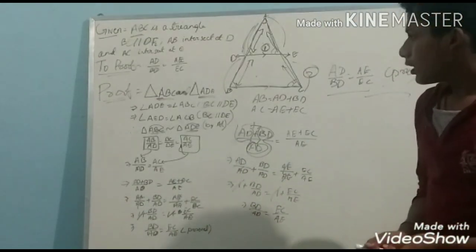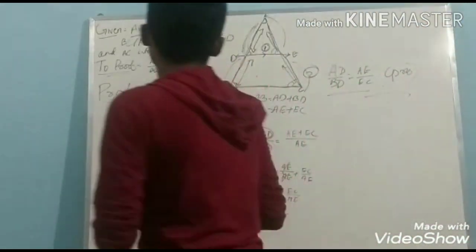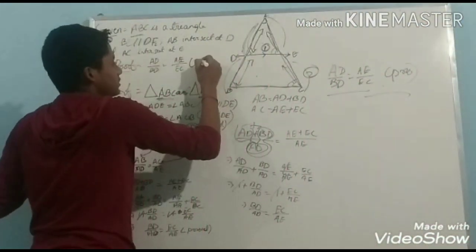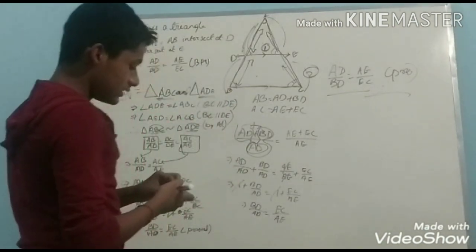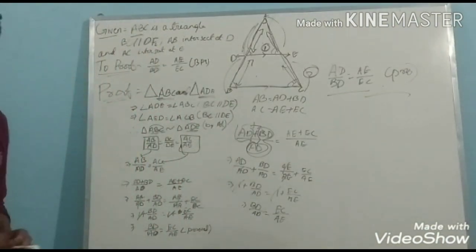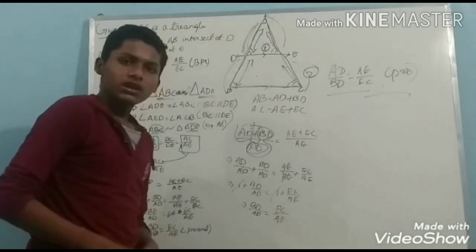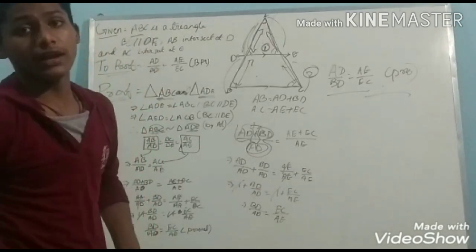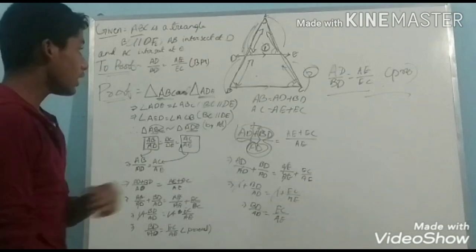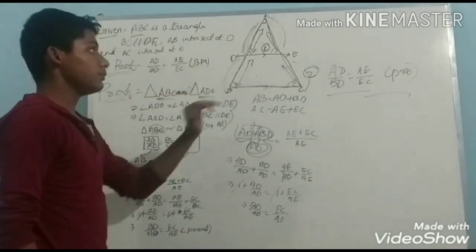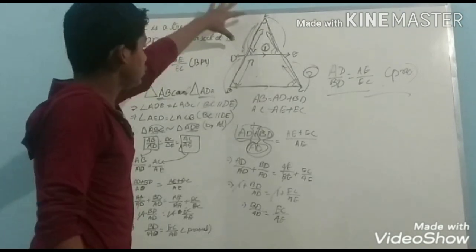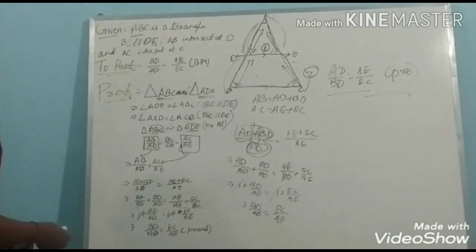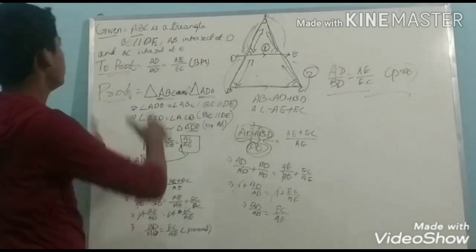So without wasting time, I will today explain to you the BPT rule, which is very important for the board exams. The similarity chapter. In the earlier chapters I showed you how to prove a triangle, but in this video I will show you how to use BPT, meaning how to take out these ratios, the ratios of the sides. Okay, so without delay, let's start the video.